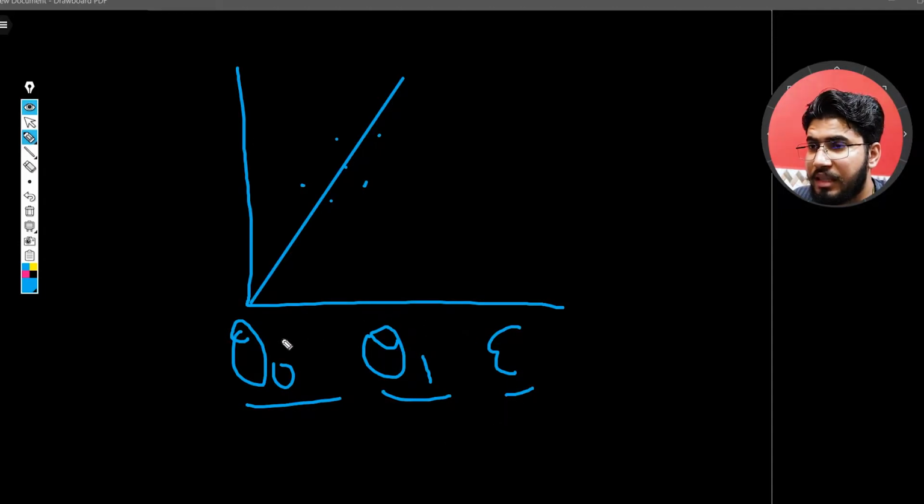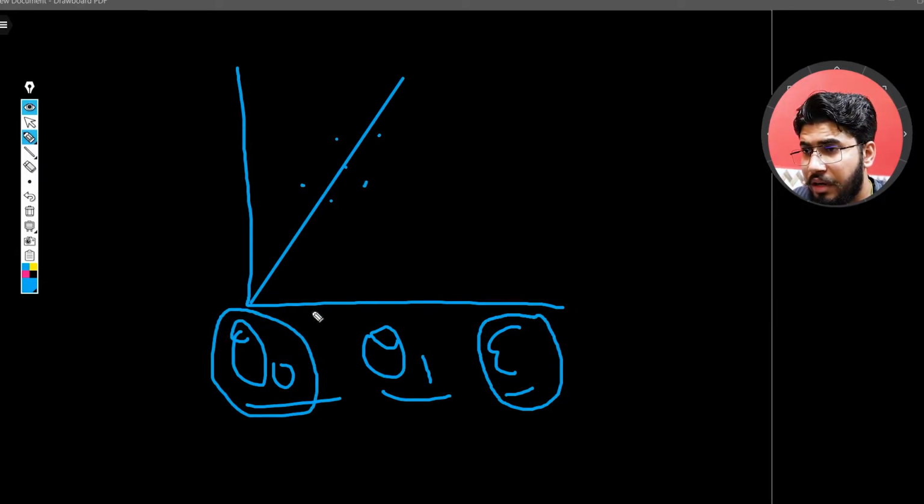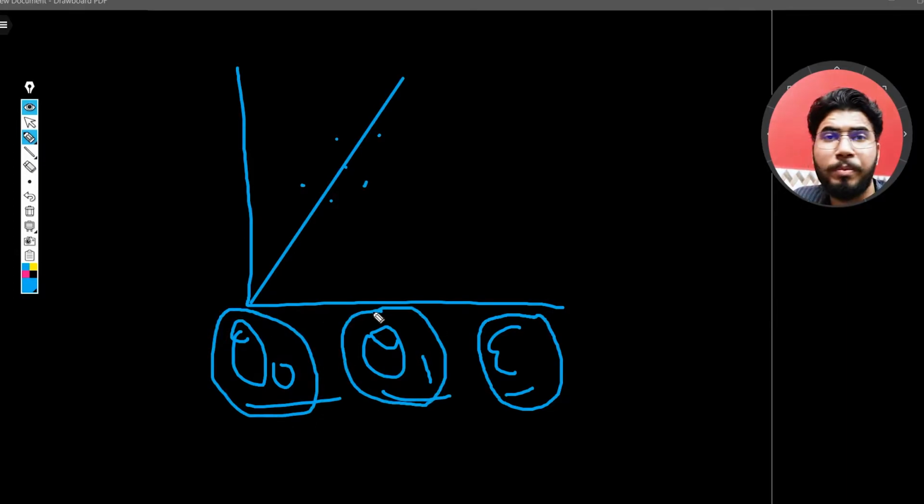So what you can say is that when the error is low, then theta 0 and theta 1 will have the optimal value. You cannot always have the error 0, because a 0 error is not possible if we are talking about linear regression. So when the error is at its lowest position, our theta 0 and theta 1 are optimal, or you can say, best.